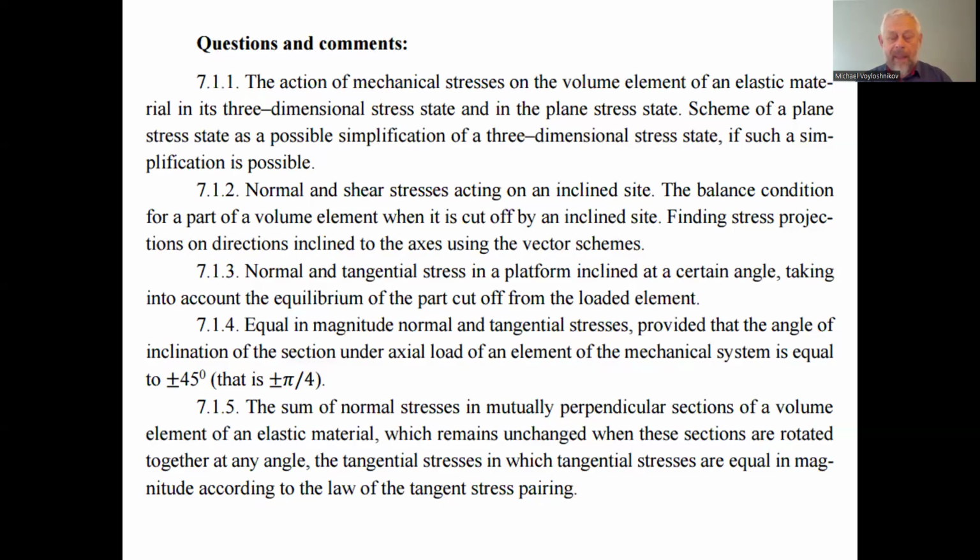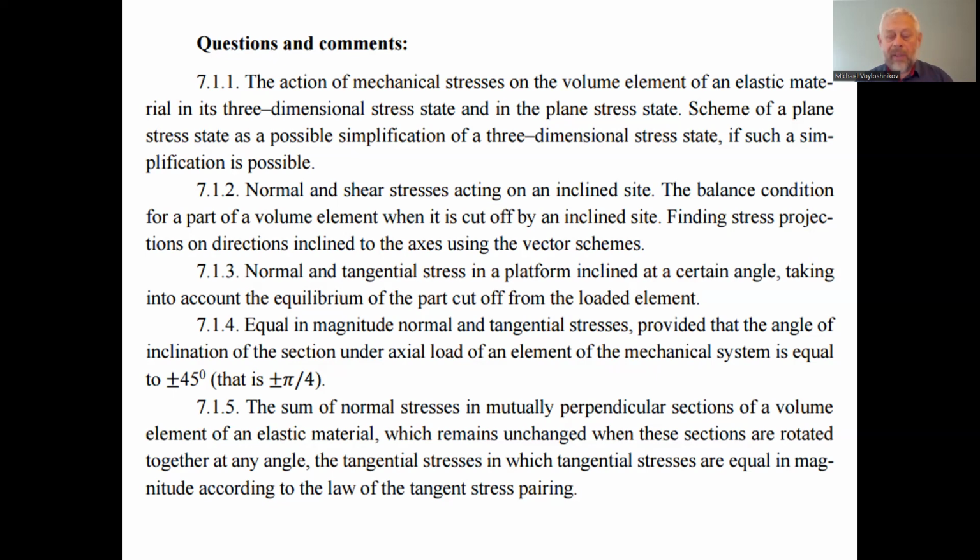all sizes of the planes of the application of the stresses, redefined by one or two sizes, like for example, one size could be dx of the longitudinal axis perpendicular to the plane of the flat stress state, and redefined by one of the sizes in the plane of the coordinate system in the plane stress state. And after that, we can reduce it, and we can find the dependence of the stresses in the inclined